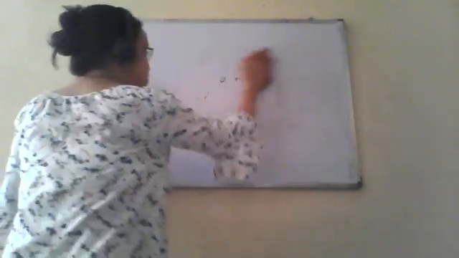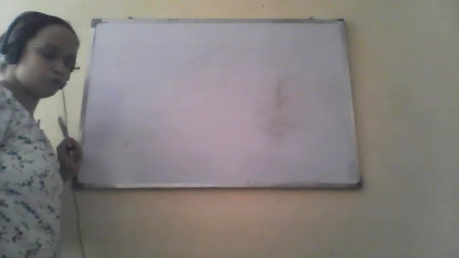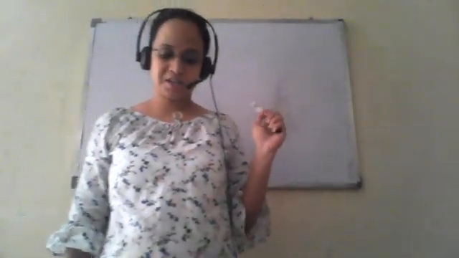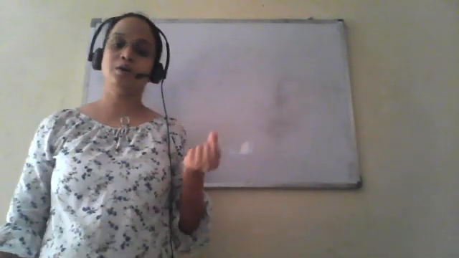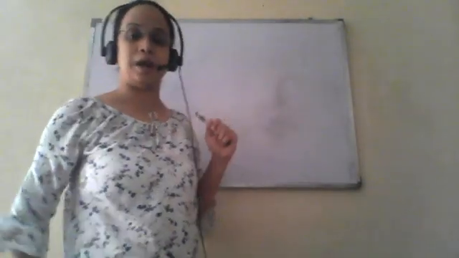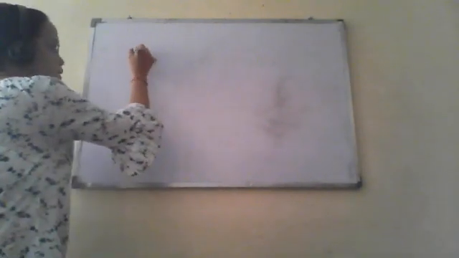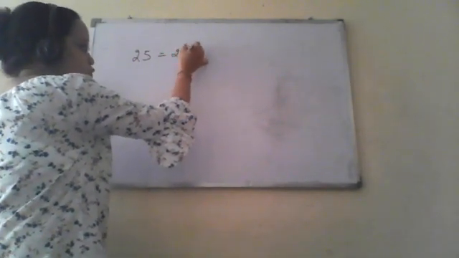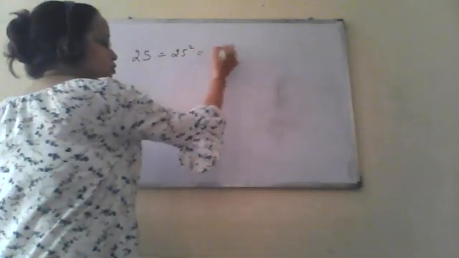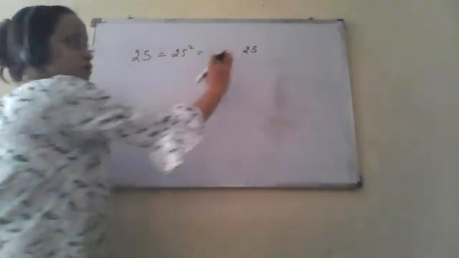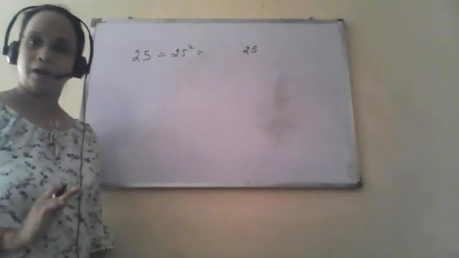Fine. Now this was a generalized case, when the unit place of a number can have any value, that is 0, 1, 2, 3, 4, 5, any. Now there is a specific case when a number has 5 at its unit place. It is very easy to calculate without even applying this identity. Suppose we have 25. We have to find the square of 25. So what we have to do? First we will write 25 at the end, that is the square of 5.